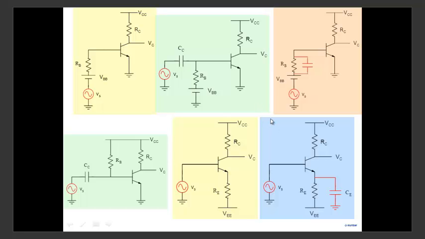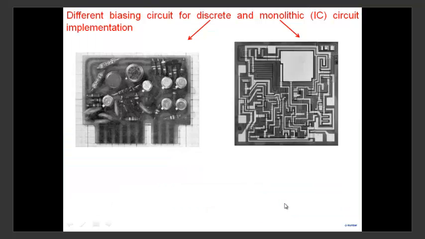The comparison is not so straightforward. It's not just in terms of one extra battery here. If there are substantial advantages that this offers compared to this, then it may not be too much of a drawback here. Now, while we'll come back to biasing later on also, while talking about biasing, what I want